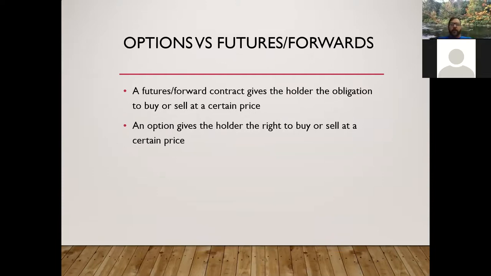So the difference between futures contracts and options is that an option is an option. You have the right to do it, but you don't have to do it. With a futures contract, you have to close out that contract. You don't have to take delivery, but you have to pay to close it out. And because you have that obligation, the person on the other side,